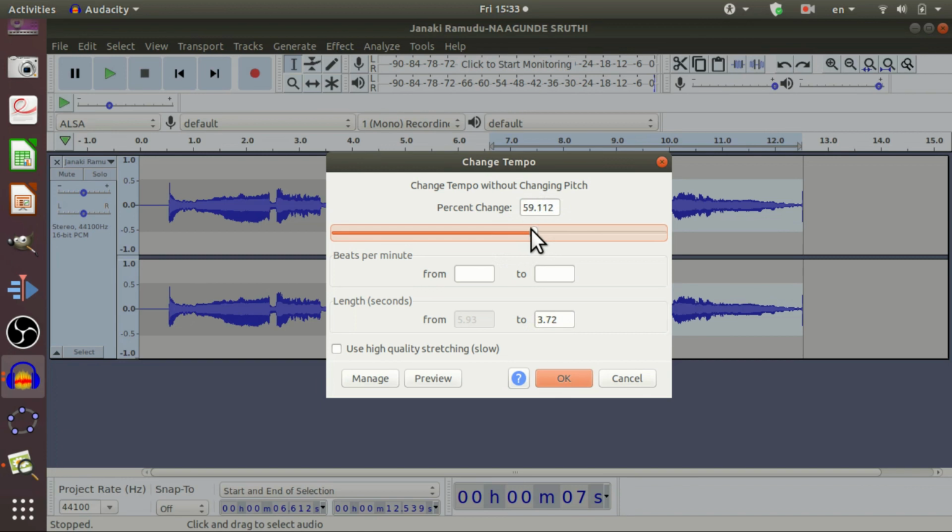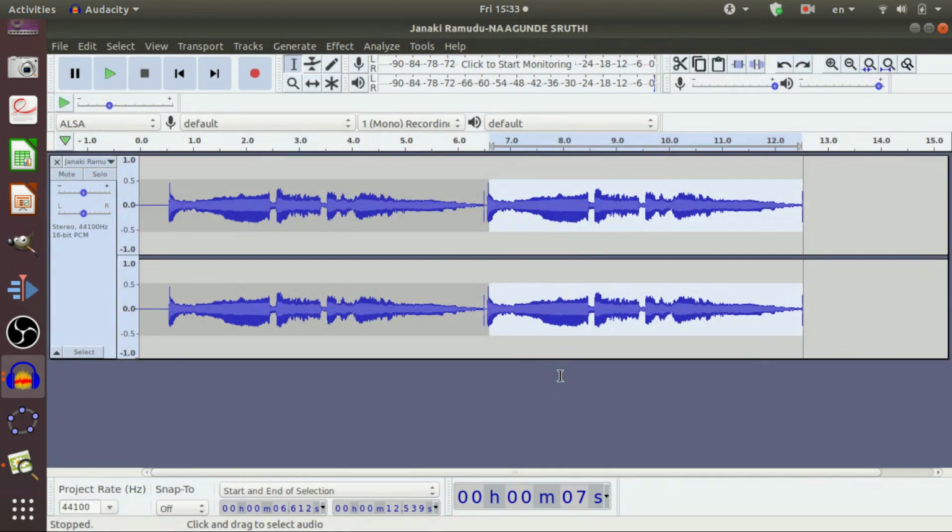The input box will update as you drag the slider, as you can see in the change tempo dialog box. If you change 1%, automatically the length also changes and the percentage also changes. Then click on the OK button.